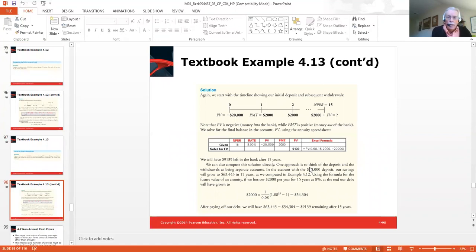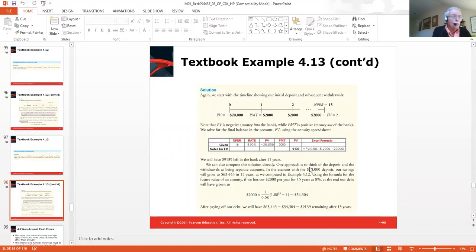This would be solved by accessing the future value function in Excel. Our rate is at 8% or 0.08. The number of periods is also 15. We're starting with a present day amount of negative $20,000, but we have a payment in this case. That's the annuity. That's that stream of money each and every period of $2,000. So we input $2,000 in the payment block and solve, and we'll receive the answer of